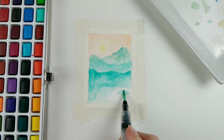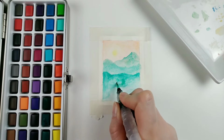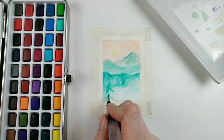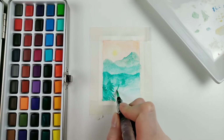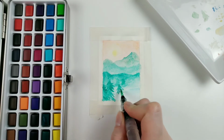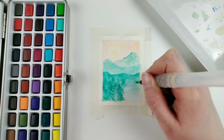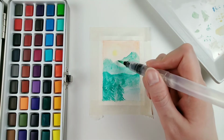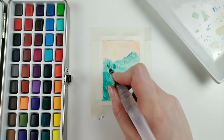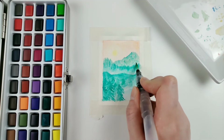for a body of water, and then it was time to start adding some texture into the mountains. I kind of did all of this in the wrong order, like I was really impatient with the drying stages, and I knew I couldn't go over a certain section, so I just moved on to the next, when really I should have just taken my time and waited for it to dry before moving on to the next layer of mountain. The more texture I added, the better it looked, so I just kept adding more, and eventually I